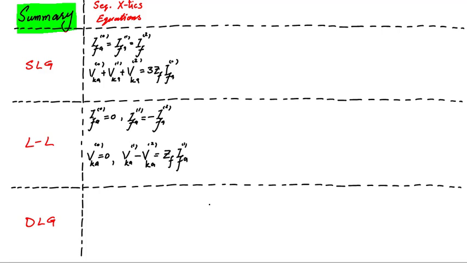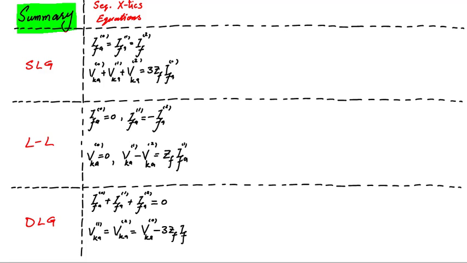And now for double line to ground fault, the sum of three sequence currents is equal to 0. Further, positive sequence voltage is equal to negative sequence voltage. It means positive sequence and negative sequence Thevenin circuits are connected in parallel, and that is equal to zero sequence voltage on the faulty bus minus 3 times ZF IF zero sequence. So again, if a double line to ground fault occurs through zero impedance, meaning the fault is bolted, then the three sequence components of voltage will become equal, meaning all three sequence circuits are connected in parallel.